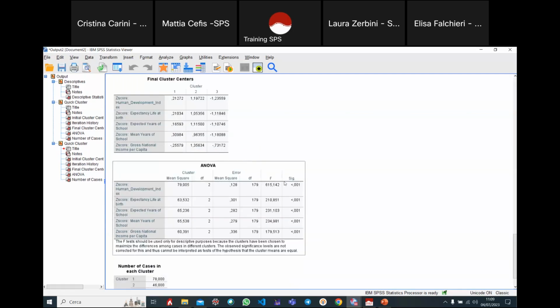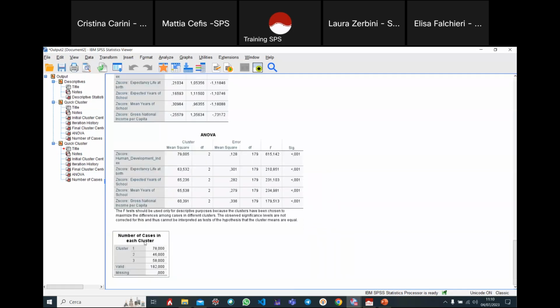If we have a look at the ANOVA, all variables are significant for the segmentation, and in addition, the F-score column reveals a high magnitude for the segmentation. But the most important thing is the significance: both are significant for the segmentation. And finally, the frequency table shows the number of cases: we have 78 countries